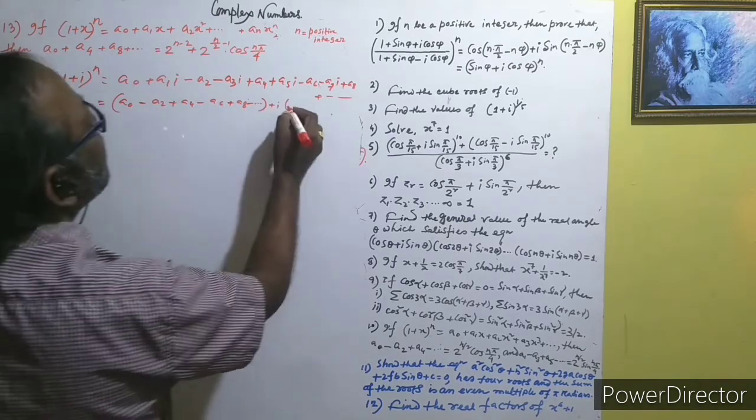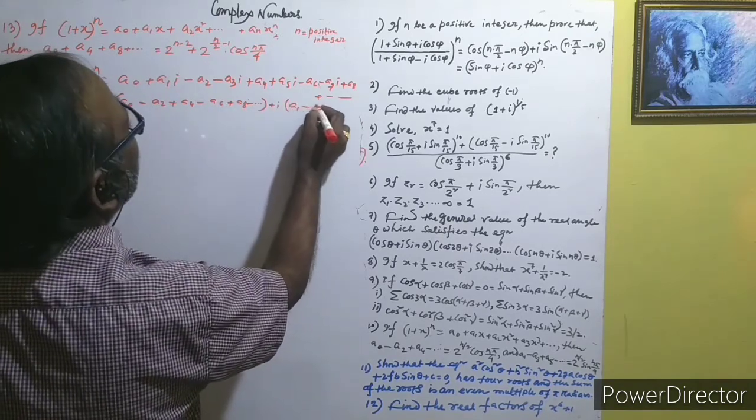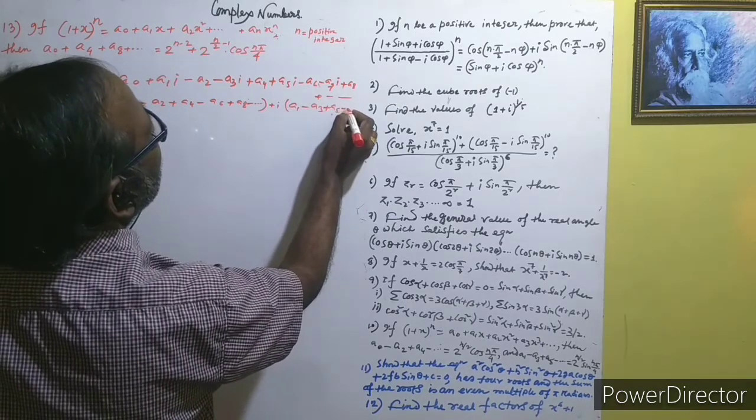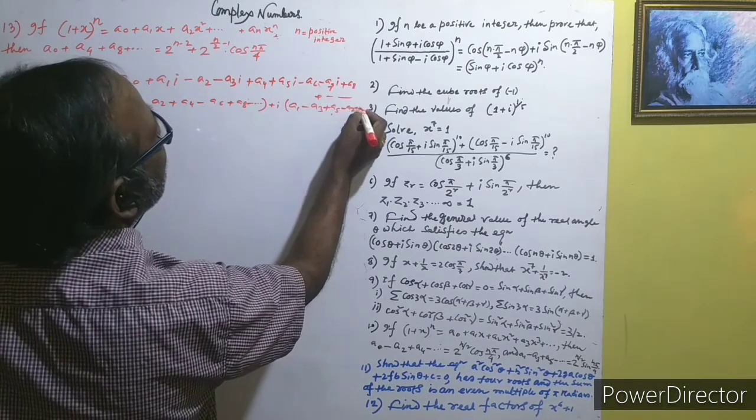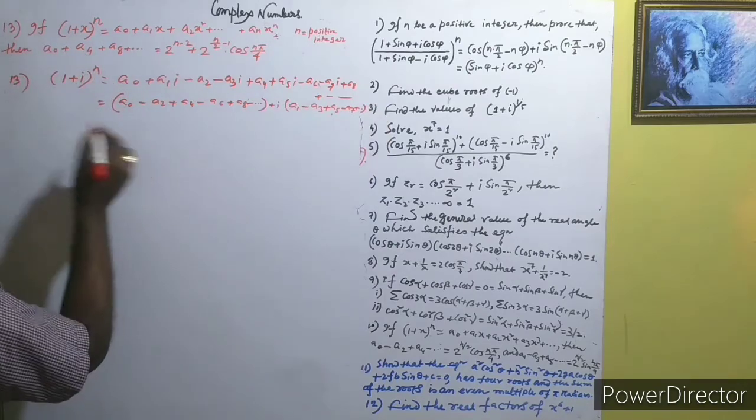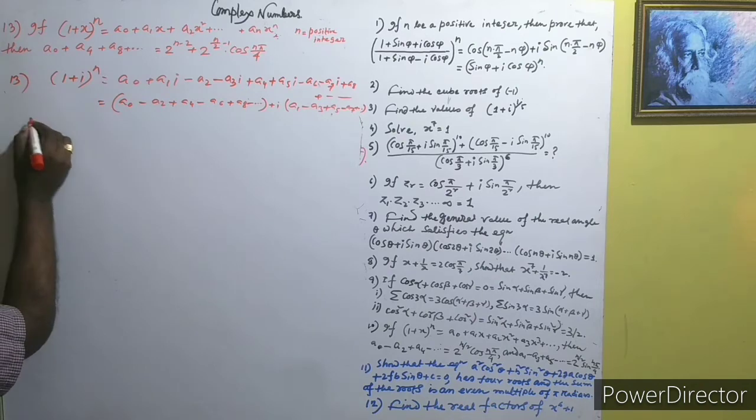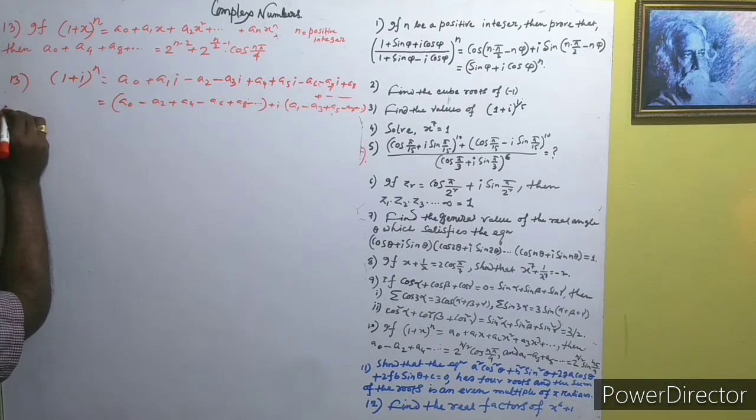And common a1, a3, a5, a7. Okay, compare with this. On the left hand side we have root 2 to the power n,